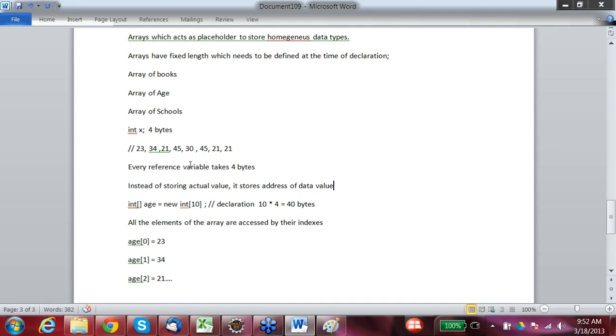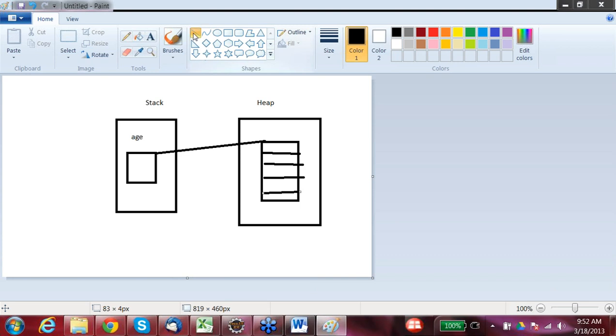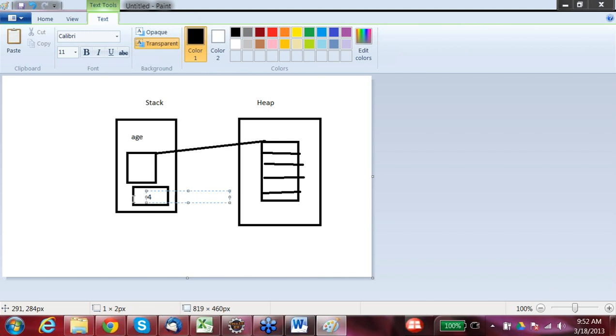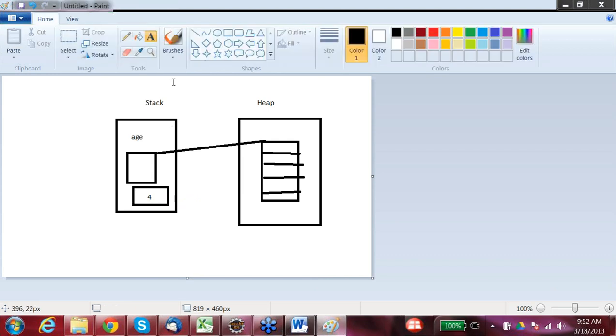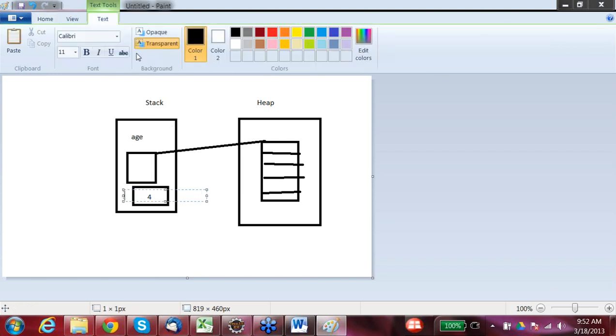So reference variables don't hold actual data. Like int x, it was holding actual data. So how is int x stored? If I say int x, this would be storing 4, and this would be referenced by x, right?